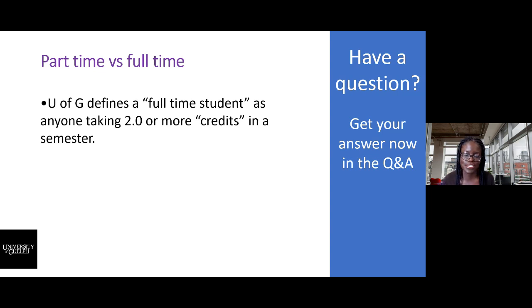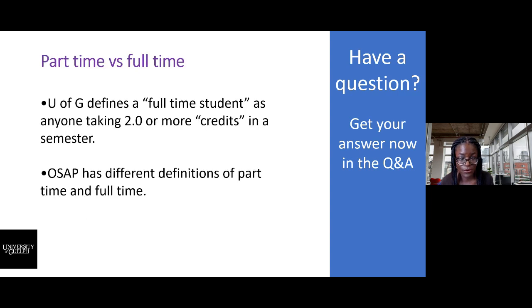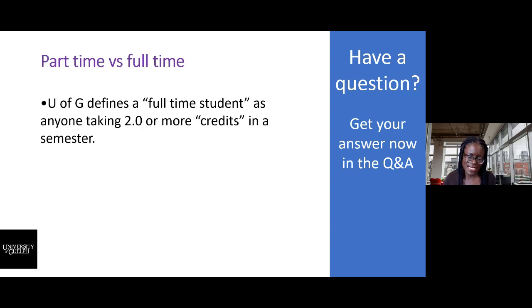Now I say credits, not courses, because most courses at University of Guelph are worth half a credit, so 0.5 credit for one course. Now there are some courses that are worth 0.25 or 0.75 or 1.0 credits, but most single courses at the University of Guelph are worth 0.5 credit. So if you're looking at 2.0 credits, that's 4 courses, usually, unless you have one of those ones that's differently weighted. Okay, so the University of Guelph defines a full-time student as anyone taking 2.0 credits or greater,